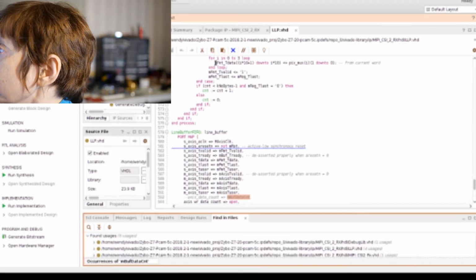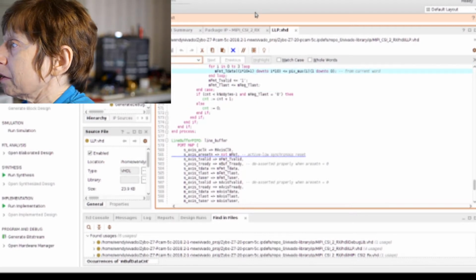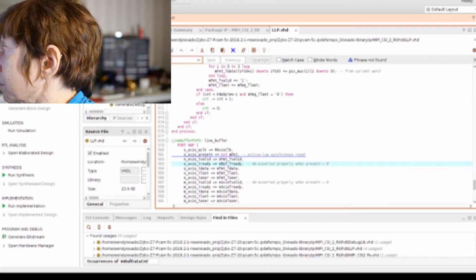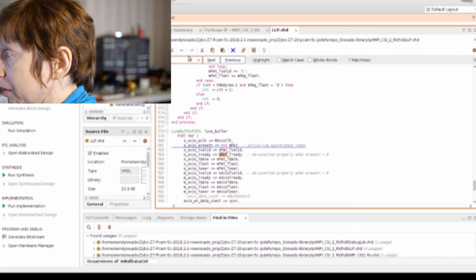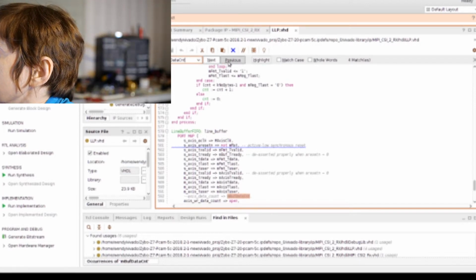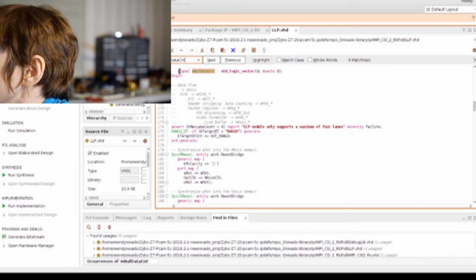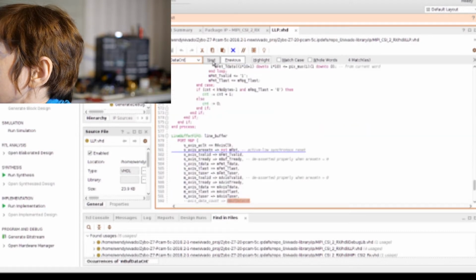so actually I can just do Control F and mbuf, what's it called? mbuf data count. So you had this signal. Let's go up. Which is just a standard logic vector 31 down to 0. And you go next, it defined it,